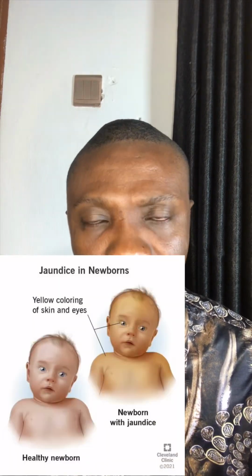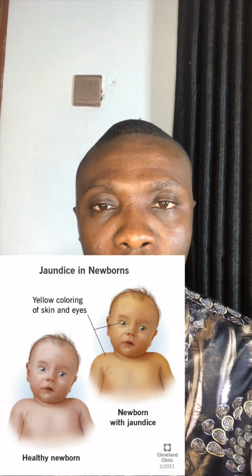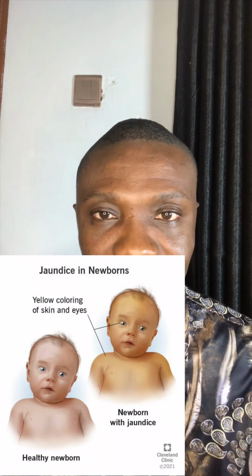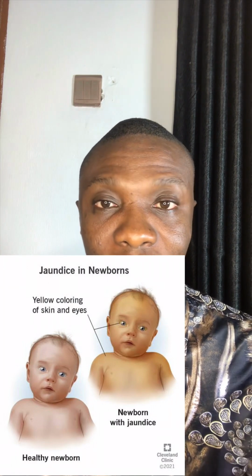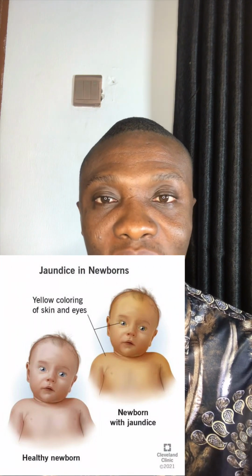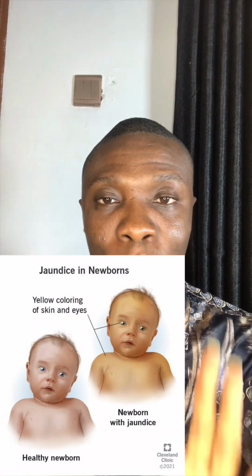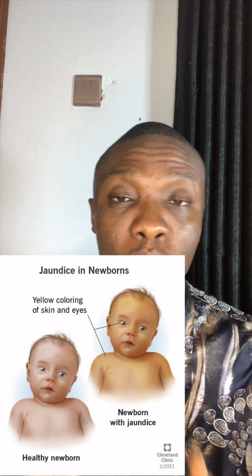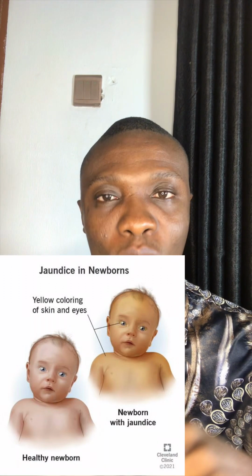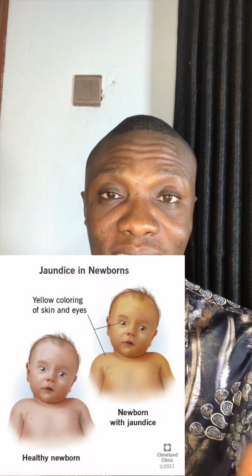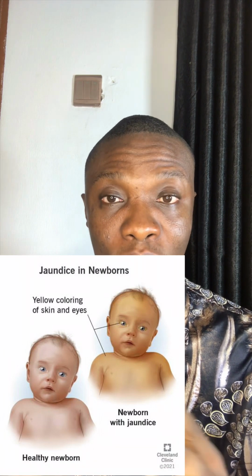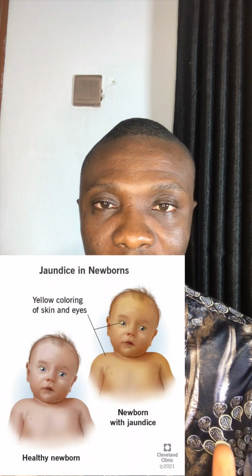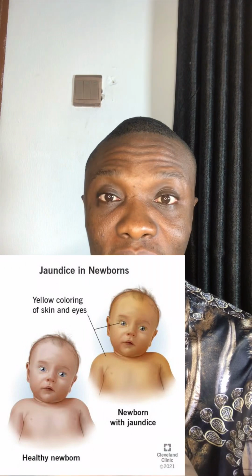Now, what is jaundice? Jaundice is a medical condition in which the eyes and the skin of the baby turn yellow. Right? Yellowness of the eyes is simply jaundice. And it's not only the eyes that are yellow; the skin is also yellow, the palms are yellow, and the soles of the feet are yellow. So it's just a yellowish discoloration of the eyes and the skin. And the more yellow the body becomes, the more severe the jaundice is. There's the one that you just see on the eyes only, and there's the one that you see on all the skin, all parts of the body.